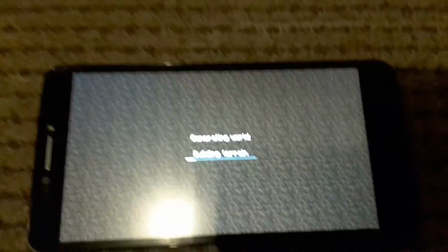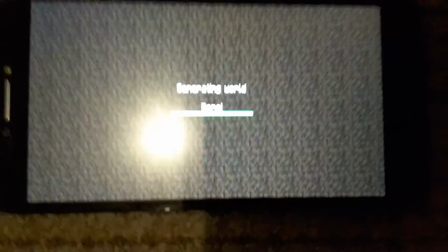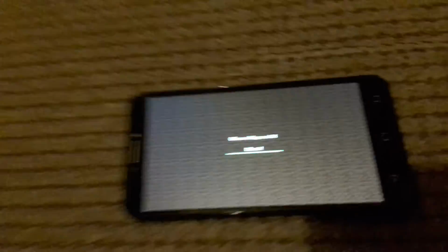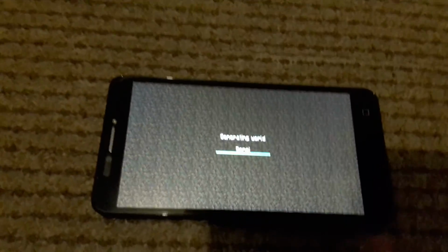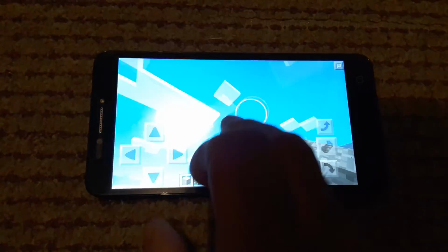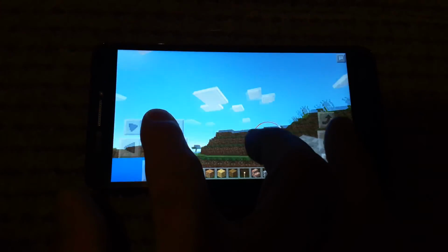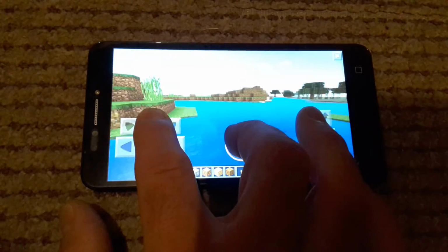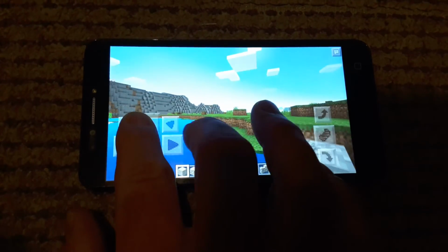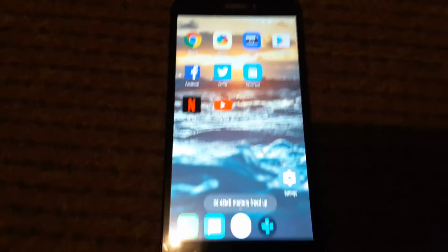This is a good one for showing the viewing angles are lacking. Obviously, I've got the light above me as well, but that doesn't stop the viewing angles. It just puts the light in the middle of the screen. But I'm not getting what I'd call bleed from it at all when it's on a dark screen. Obviously, it does look slightly grey because it is backlit, but as you can see here, more than fast enough. So that's a quick look at the Alcatel Pixi 4 6-inch, available on Tesco for £85